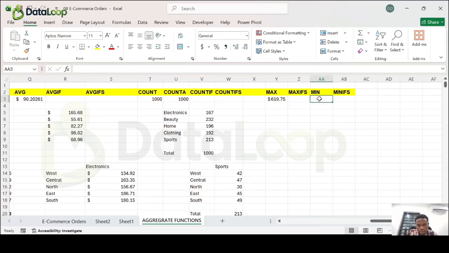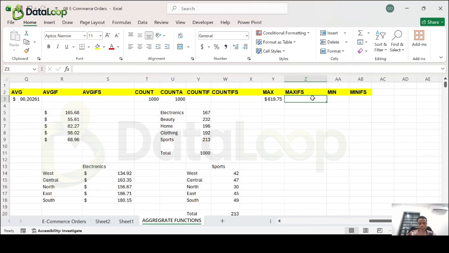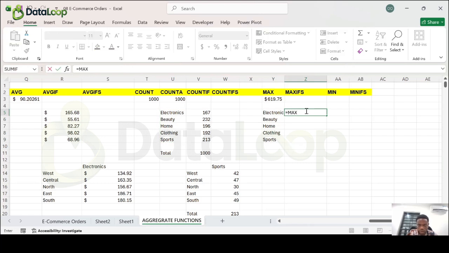Same with MEAN, but before we get to mean, let's do MAXIFS. MAXIFS is just like the other IFS that we have here, like COUNTIFS, AVERAGEIFS, and SUMIFS. So MAXIFS will tell us, based on criteria, what is the highest sold in this category, and in this category, right? So I'm still going to use the same category to see the highest sold in each of these categories. So I'll use equals MAXIFS,